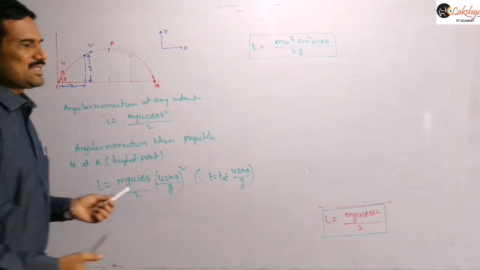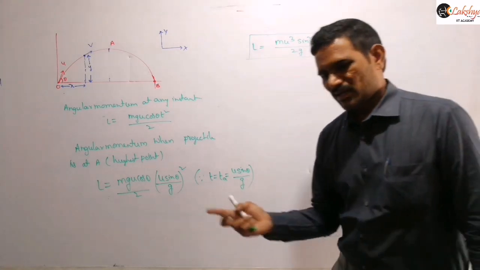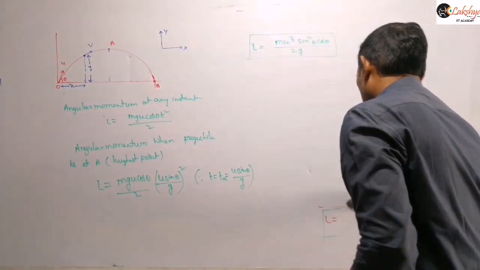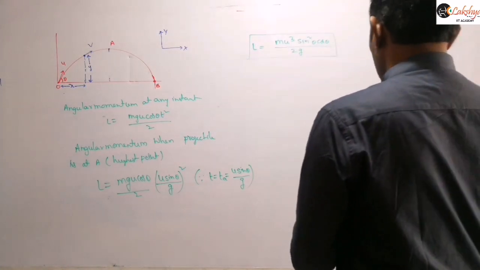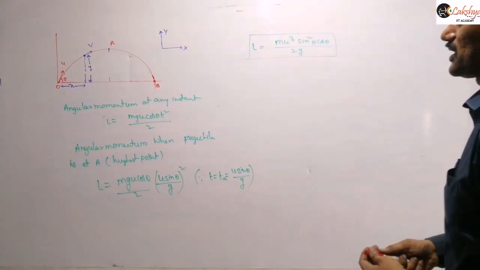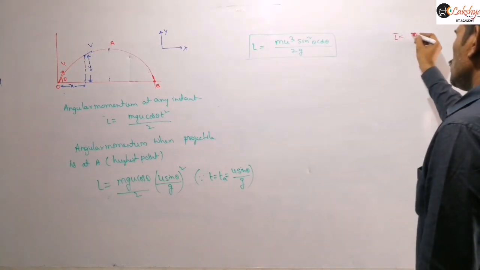And especially when it is at the highest point, you can also calculate that angular momentum directly, that means without using this formula. So let us see how to calculate that. Angular momentum when it is at the highest point, suppose I am taking that when the particle is at this highest point here, then the angular momentum, what we are writing, you can write this as